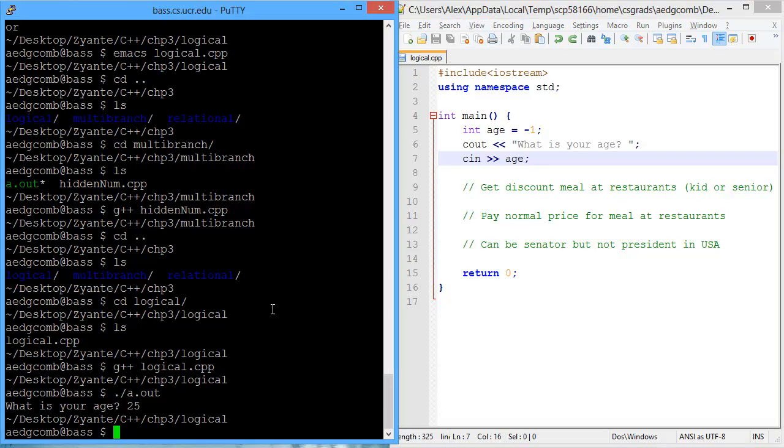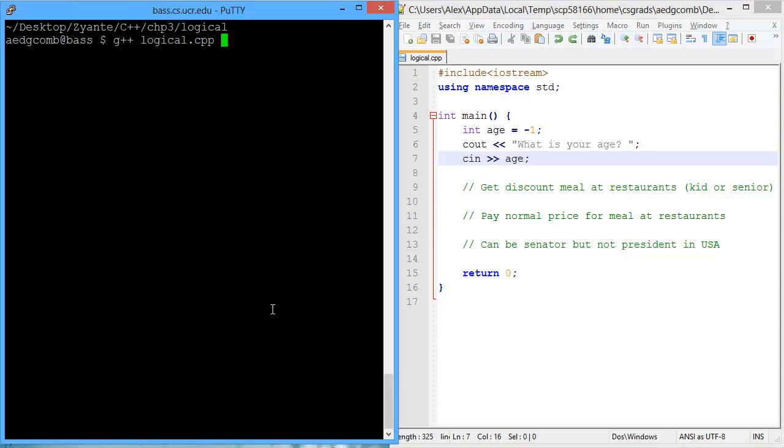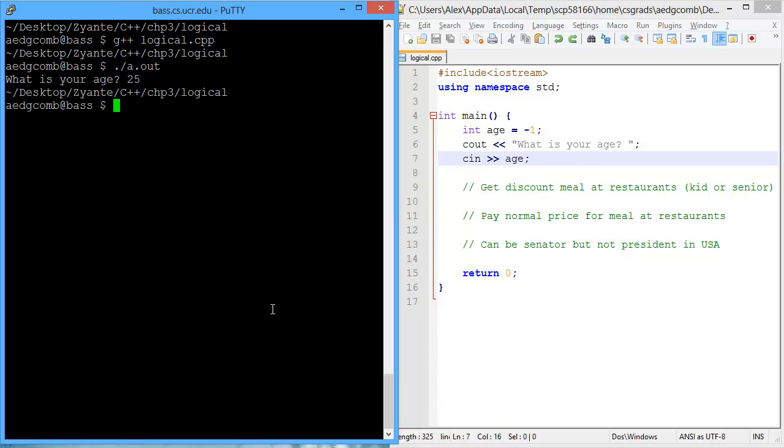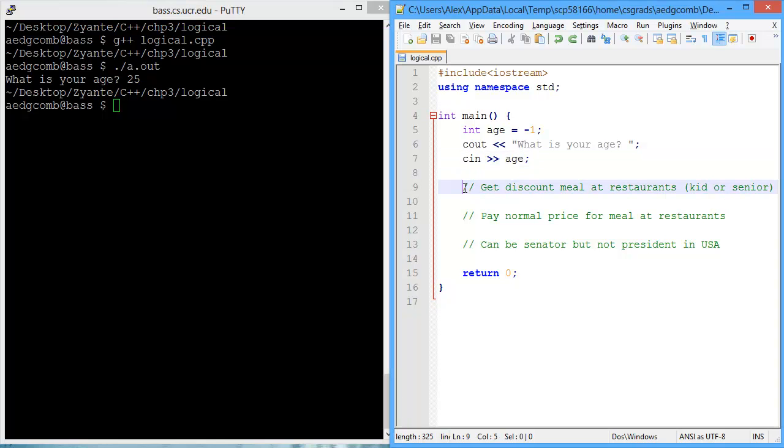Let's go ahead and just verify this works. So I'm going to compile and then execute, say 25. Alright, works fine. So now what we want to do is take a look at our first criteria, which is